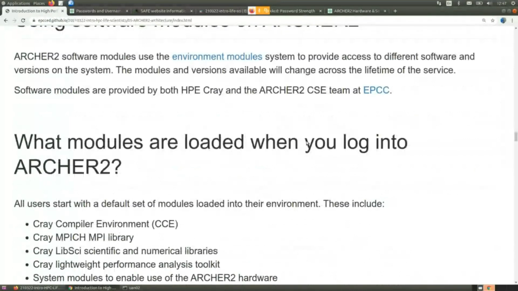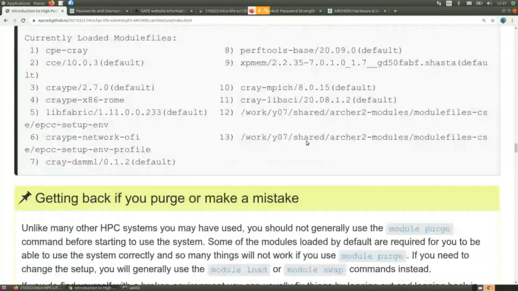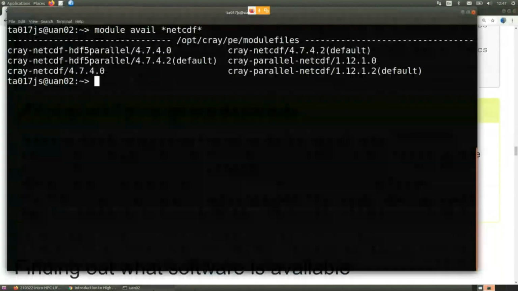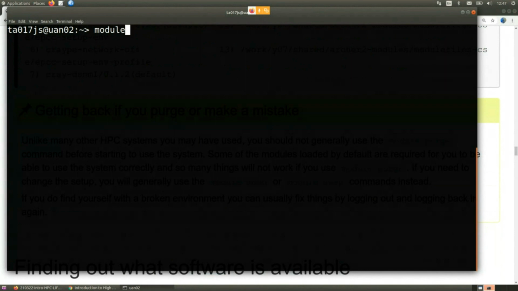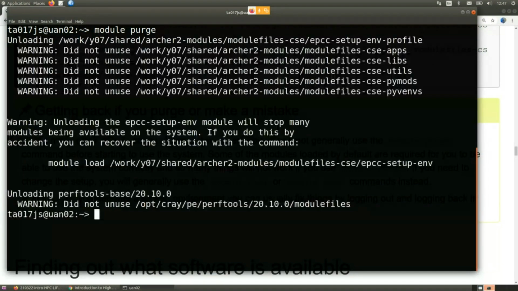So I've talked about which modules are loaded, module list, module purge. I've not talked about this. This is quite a fun one, actually. Please, please, please don't do what I'm about to do. There is a command called module purge, which will remove and delete every module that you've got loaded up. And if I run module purge,